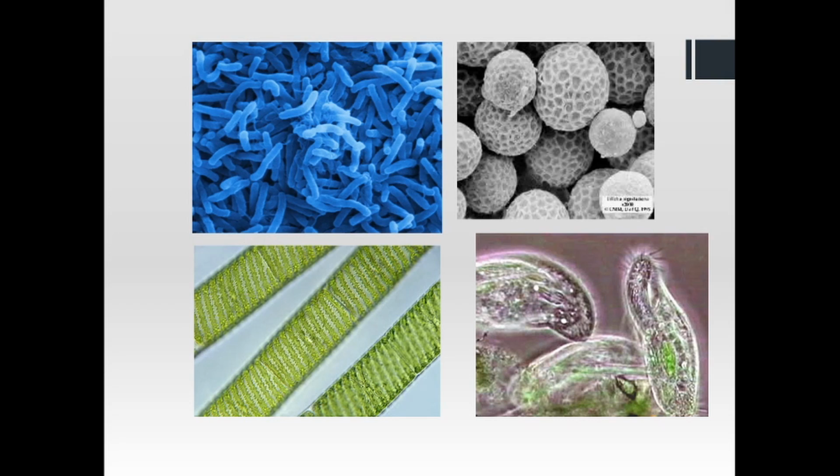So what do they look like? So here's just a representation of a few different ones. On the upper left, we have a micrograph of bacteria. On the upper right, those would be fungal spores, which creates some problems for people when they inhale them. On the bottom left, that is a species of algae. And then on the bottom right, there are protozoa as well. So this is just a representation of the categories of the microbes and viruses as well, which is part of this lecture, which will be part 3, where we talk about viruses.